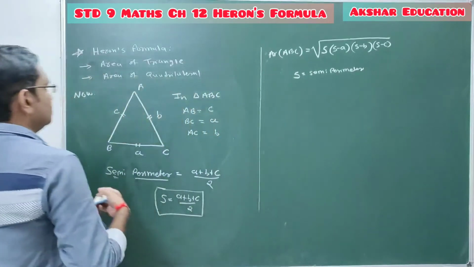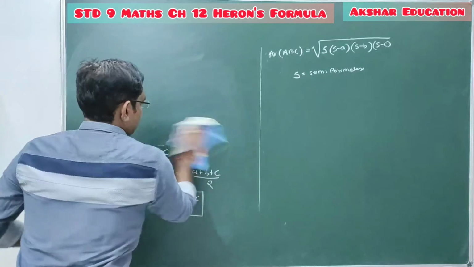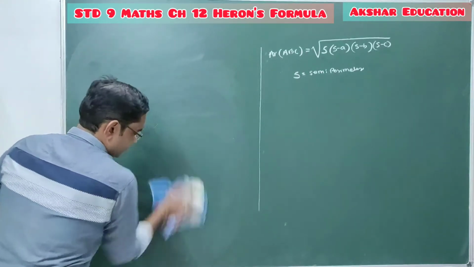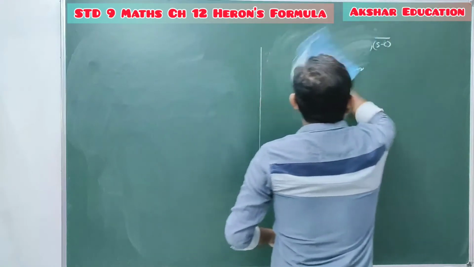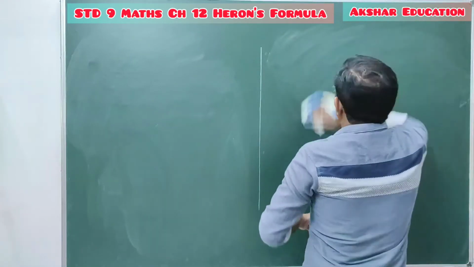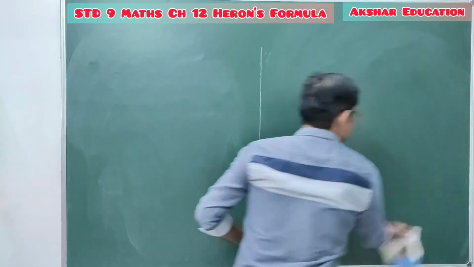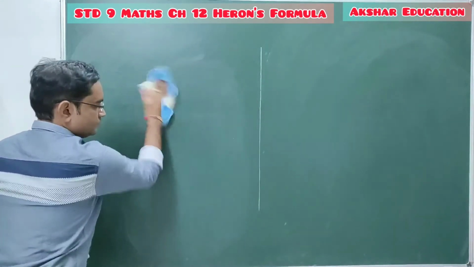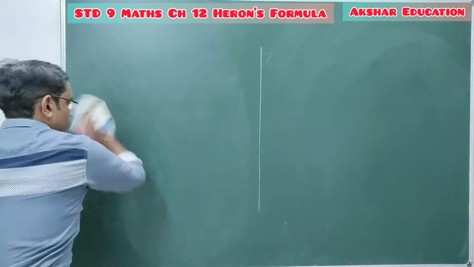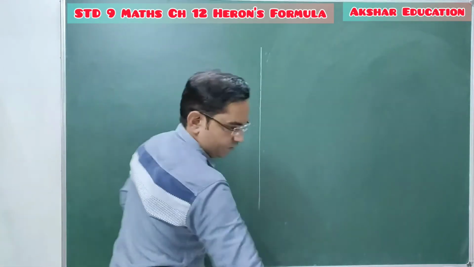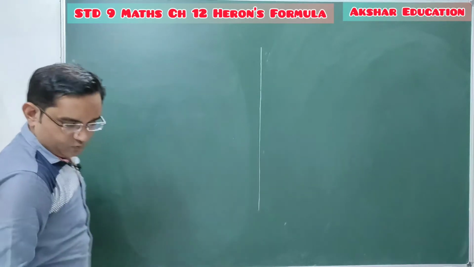Now sum number 1. We are given the three sides of a triangle. The question is, find the area of the triangle. Okay. Now question number 1. Find the area of the triangle whose sides are